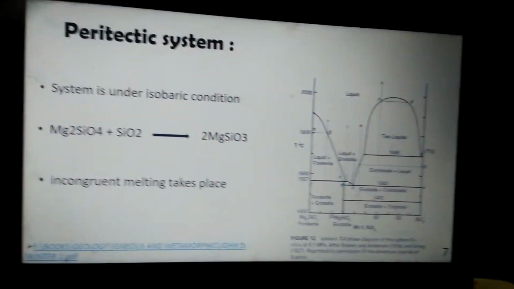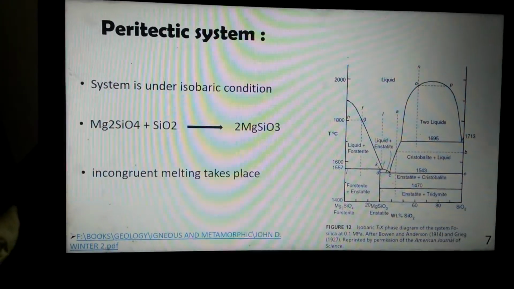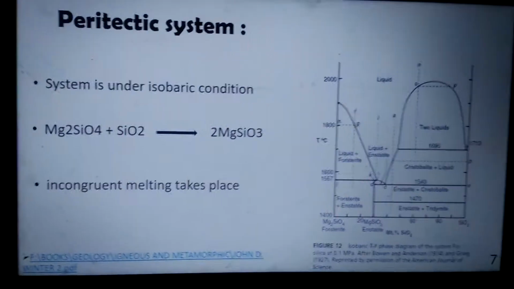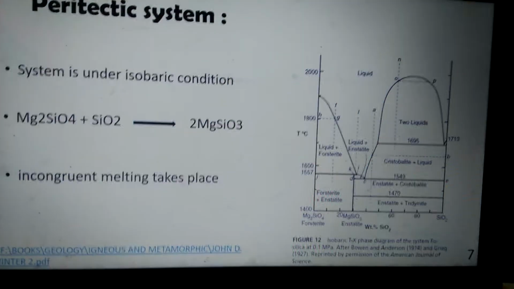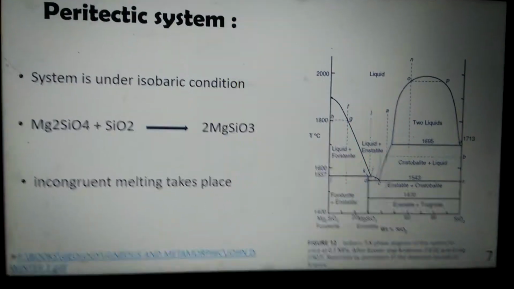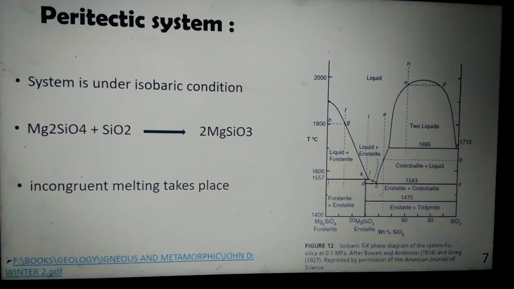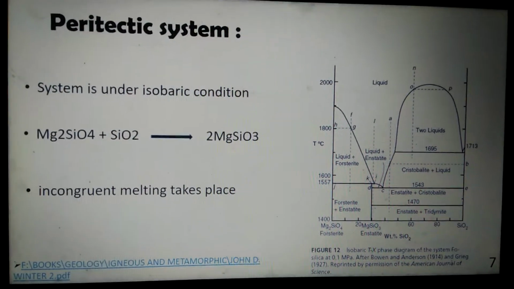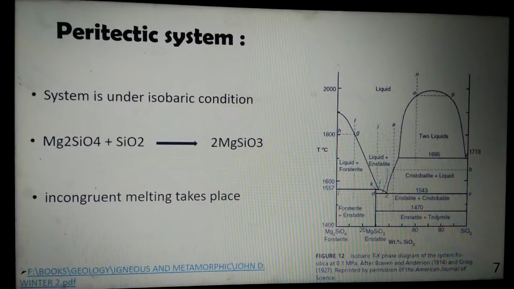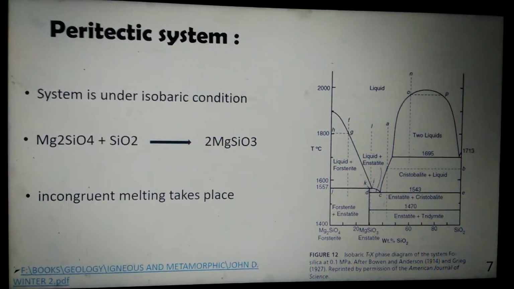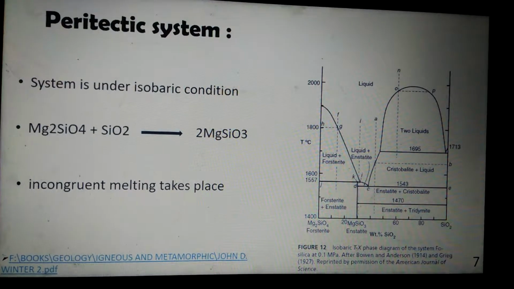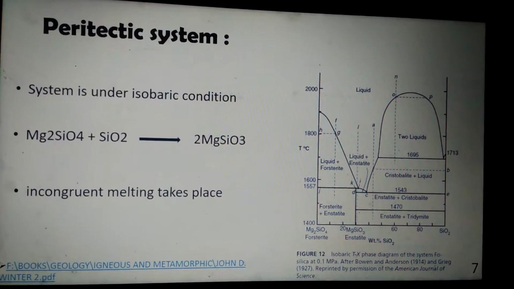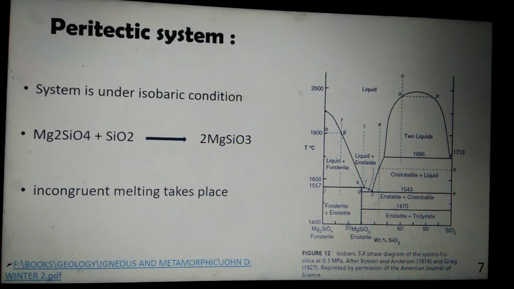In the peritectic system, we have the forsterite and the silica involved in the formation of a binary compound, that is enstatite. As the reaction is provided, we can understand that in the system, once the forsterite forms, the melt is silica rich, as forsterite has less silica than enstatite. At any given point, the crystallization of forsterite continues until the liquid reaches the reaction point, that is I, as mentioned in the diagram,